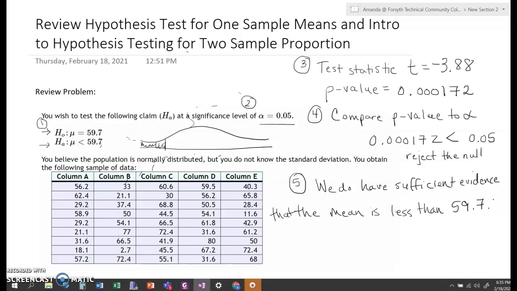So that's just a recap on hypothesis tests for one sample means. The next thing I want to look at